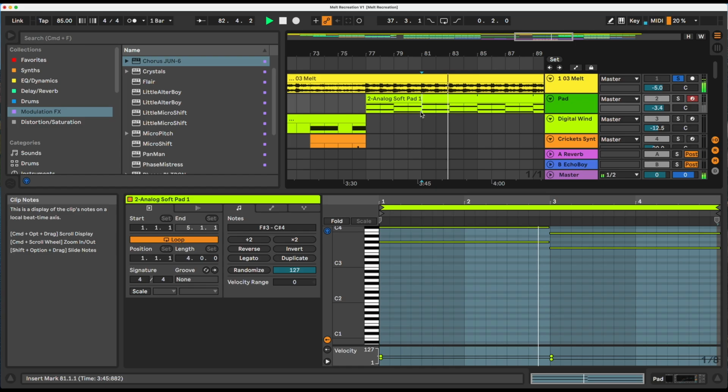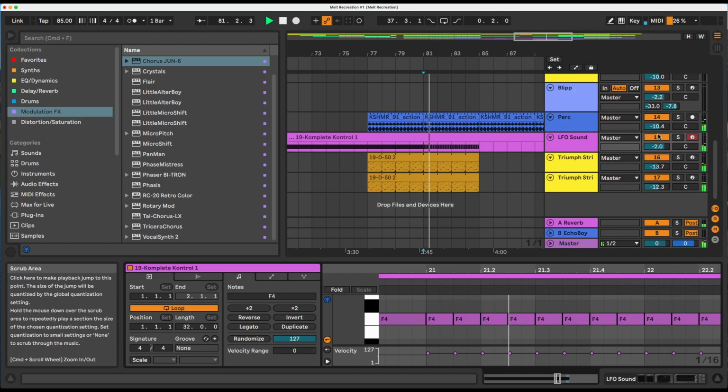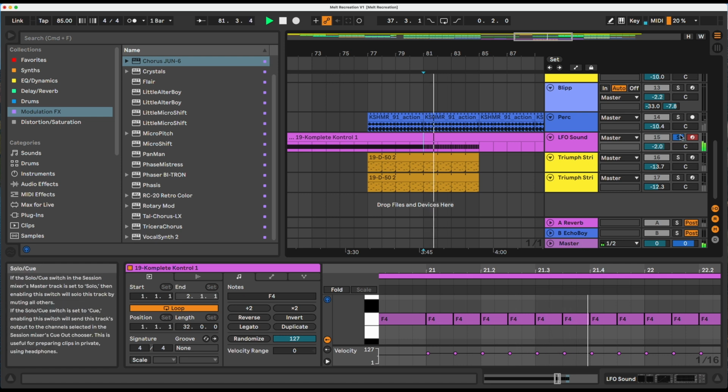Next, they managed to manipulate this LFO sound, so let's just have a little listen to the original. Nice. So just a bit of movement. So often when you're making a track, it's tempting to just throw another sound in there, whereas changing what's there is such a powerful way to create interest. So I've just re-triggered the sound, and it's okay. It's a bit of a click, so it's not quite... It kind of sounds a bit like it.